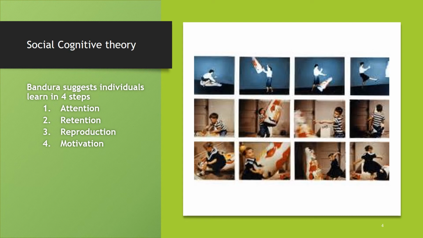So let's look a little bit deeper at social cognitive theory. This is a theory that was put forward by a man named Albert Bandura. He conducted a series of experiments to see if children would imitate aggressive behavior that they had observed, either through a live model or through a filmed version of this model. The model was an adult. In the picture that I have here, it's a woman who is engaging in activity with a blow-up doll that is quite aggressive. She's hitting it, she's throwing it, she's kicking it